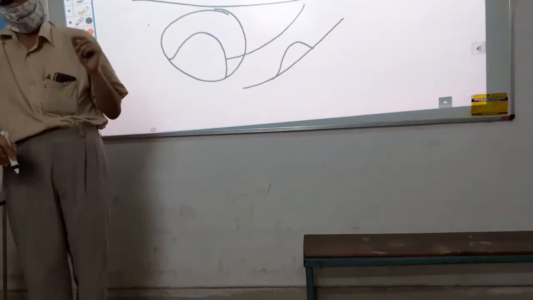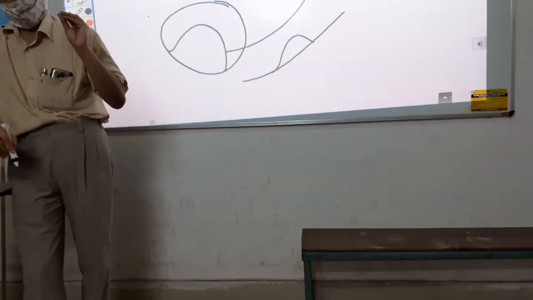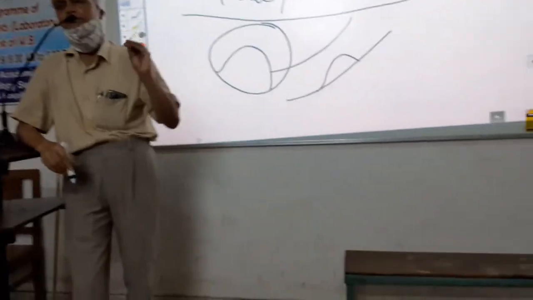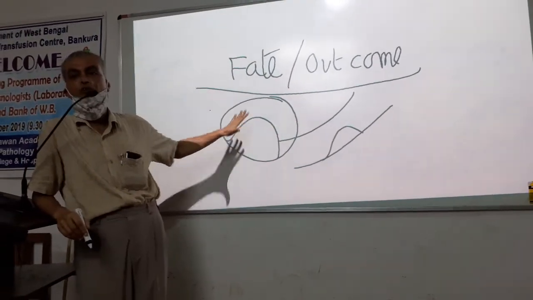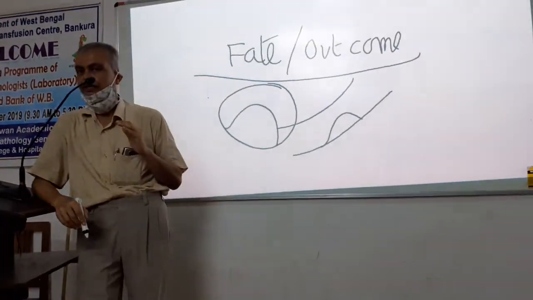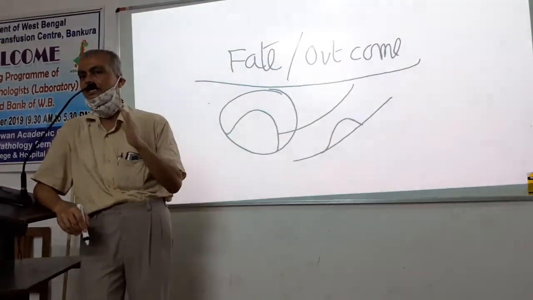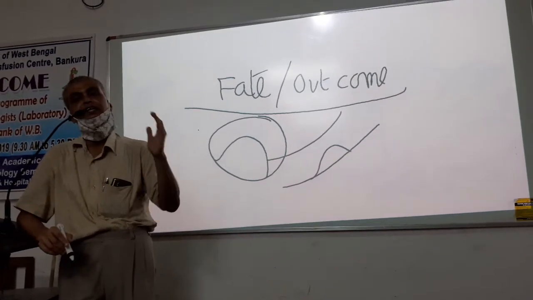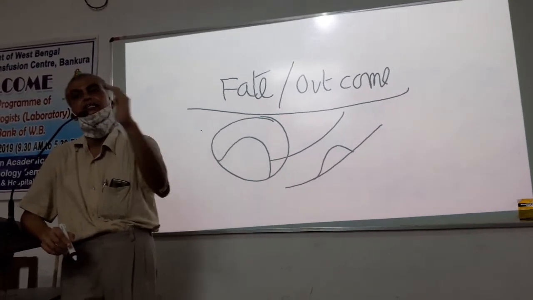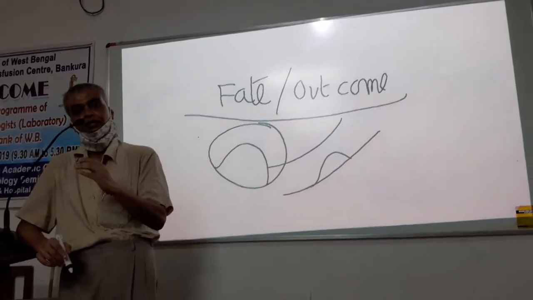If you cut through it, you will see that it is present eccentrically in the lumen, obstructing the lumen. That eccentric plaque will increase in size. Gradually, there will be an increase in size, and so